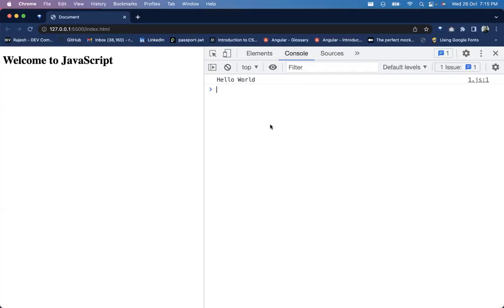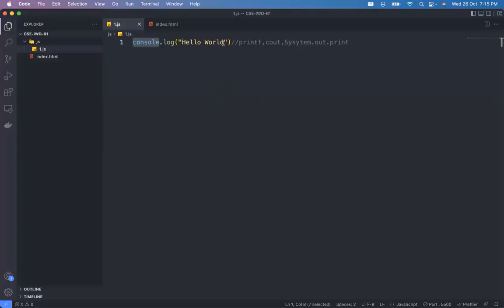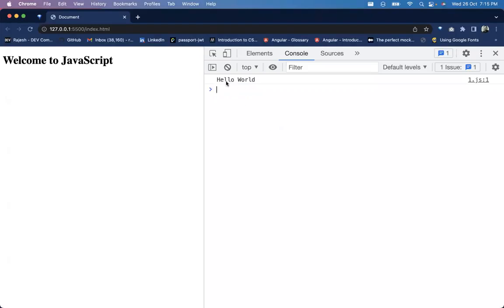Every browser contains the console. Here I am using Google Chrome because this is the recommended browser during the development process. Hope you are also using the Chrome browser. Otherwise, start using Chrome browser only. Make it the default browser in your system and start using it. Okay, so now you can see whatever you write here appears, hello world, and at the right side